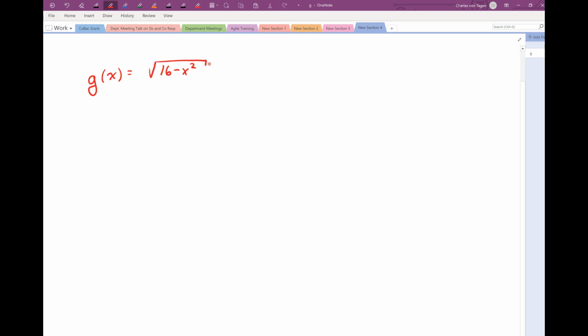Okay. So I did something similar to this in the very first video, but I did it with logarithms. But we're going to use the same strategy. So for this problem, what do we want? Well, we want 16 minus x squared to be greater than or equal to 0. Okay. Well, what's going to permit this to happen? Well, first of all, I think it's hard to look at inequalities when they are in expanded form, and it's easier to work with them when they are in factored form. So I'll go ahead and factor this,